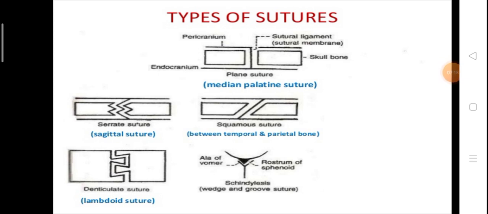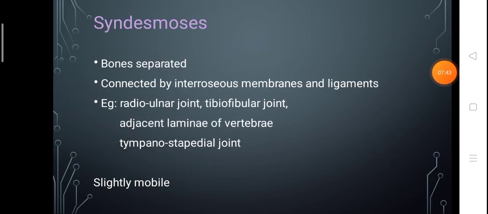So, types of sutures: median palatine suture is an example of plain suture. Sagittal suture is an example of serrate suture. Between the temporal and parietal bone you have the squamous suture. Lambdoid suture is an example of denticulate suture. Schindylesis is between the rostrum of the sphenoid and the ala of the vomer bone. And what is syndesmosis? It also comes under fibrous joint. So here the joints where two adjacent bones are